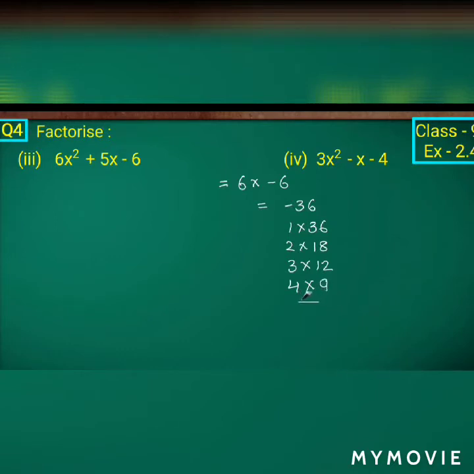But getting factors is not important. The product should give minus 36 and addition or subtraction should give plus 5. So in that how we have to take the factors. So if you observe here, in 1 into 36 it is not possible of getting plus 5. In the same how 2 into 18 is also not possible. 3 into 12 is also not possible. But if you observe 4 into 9, so I can take plus 9 minus 4 which is giving plus 5 and plus 9 into minus 4 which is giving minus 36, isn't it?